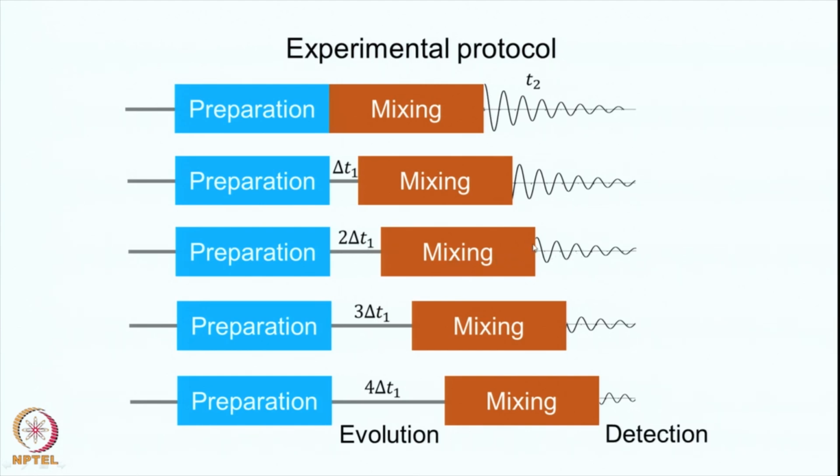Once again, notice the initial time point here is not the same as the initial time point here, and this is actually the crucial part of this experiment. Also, although the FIDs look the same here and here, it may not be the case. It may have more complicated FIDs here, here and here, and we will see that as we go along. Now, you do the third experiment with 3 times delta T1, collect the data as T2, then 4 times delta T1, and so on. You repeat this several times. How many times you do it depends upon the resolution you require in your spectrum.